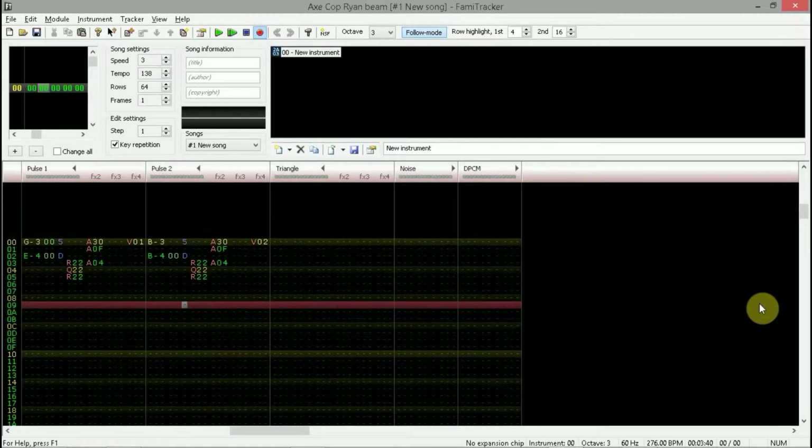I am doing the sound effects, and I've got Family Tracker pulled up here. Matt over at Red Triangle sends me about 10 or 15 sounds a month, and I listen to them. Sometimes they sound like they were made on the Nintendo, and I can make them sound just like that. I don't think that any of the ones in this bunch stand out to me as sounding like that, so